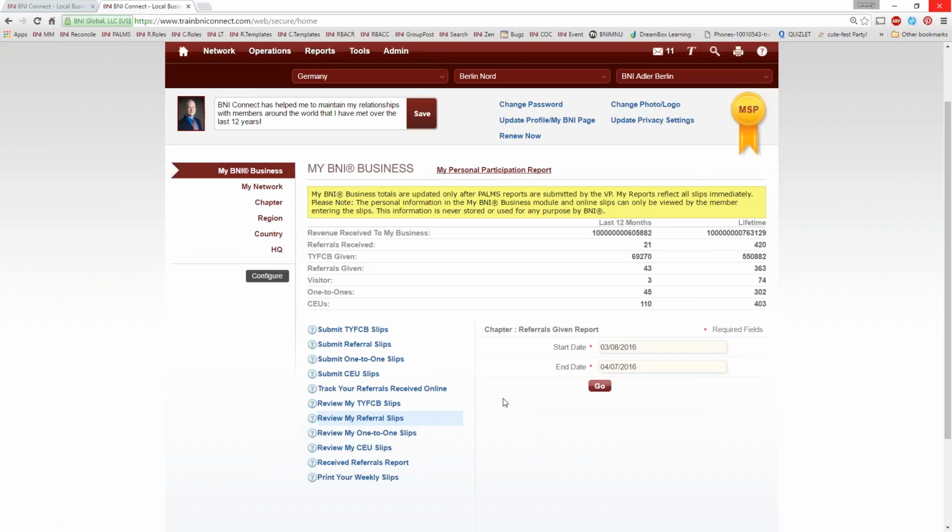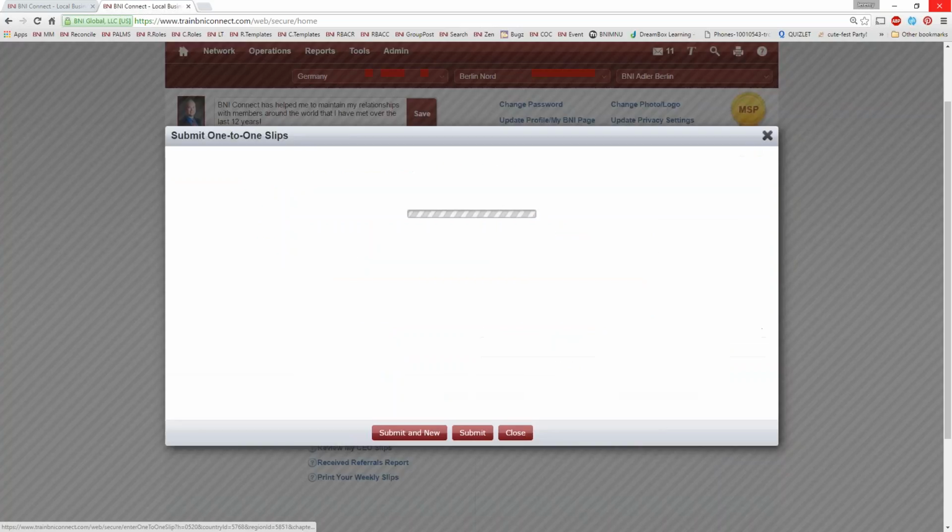All right, the rest of the slips work pretty much the exact same way. So let's say that you're having weekly one-to-ones. That's a great way to get to know other people in the chapter. You want to make sure that you record those one-to-ones. So you click on Submit Your One-to-One Slip, and this slip is